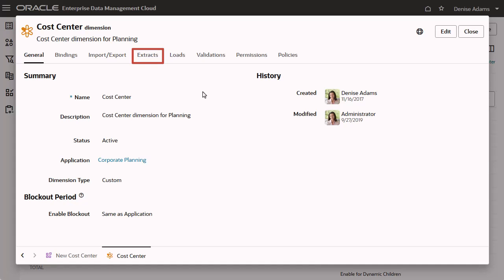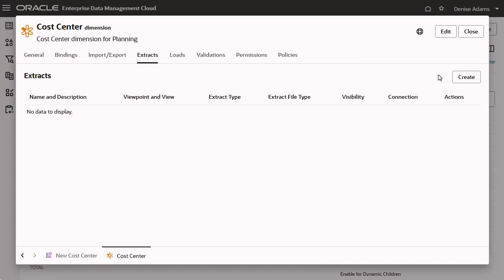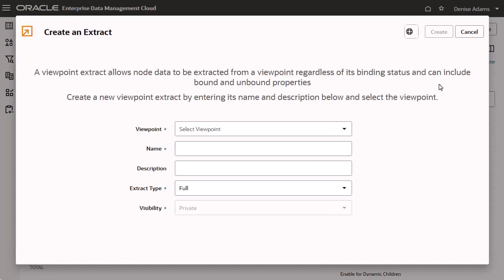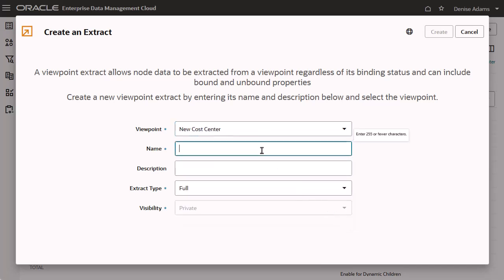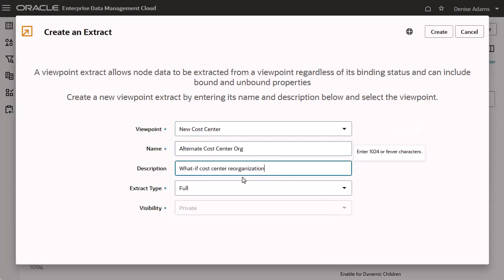Extracts are created from the dimension inspector by users with participant, read permission, or better on a viewpoint. You can select any active viewpoint for the dimension, then name the extract and give it an optional description. When you create an extract, it is created as a private extract and you cannot change the visibility from the